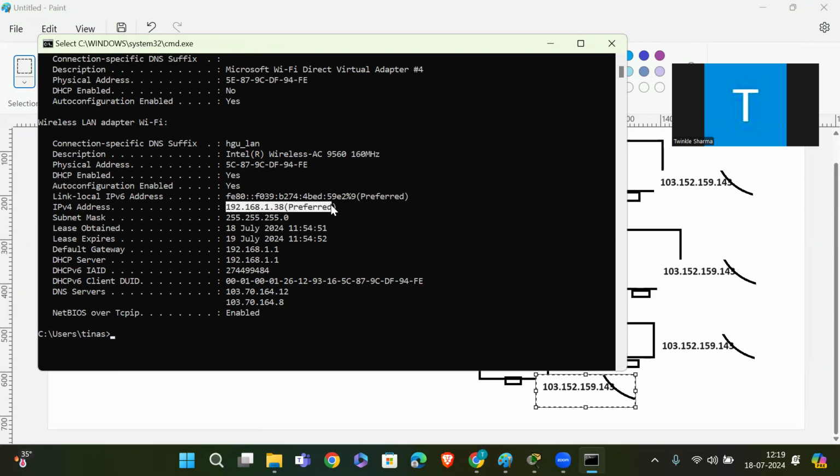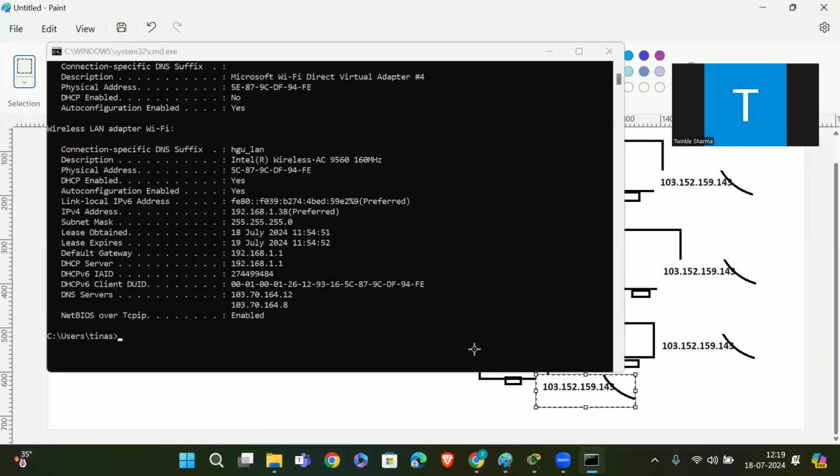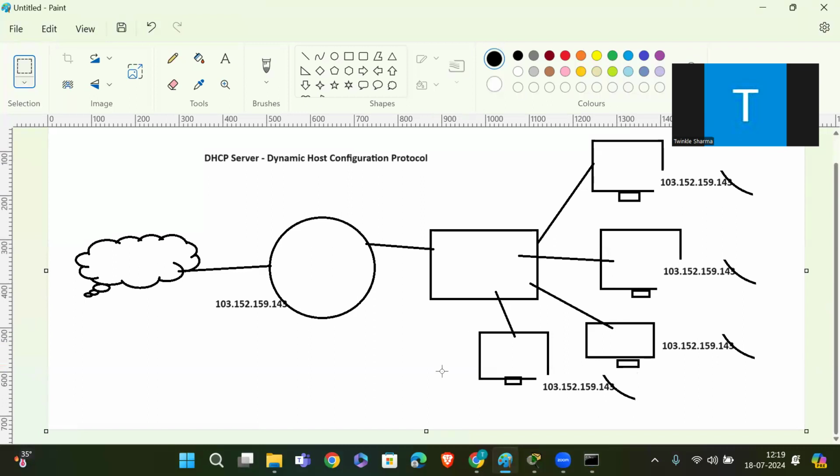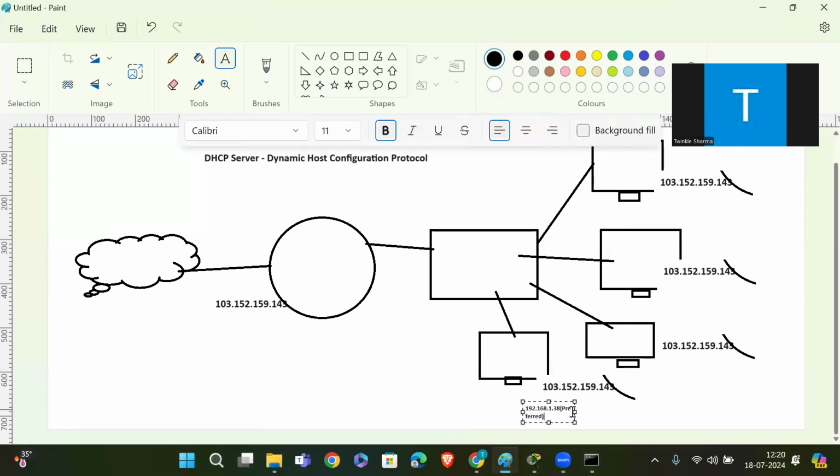This IP address was allotted to my system. This is the class C private IP range.